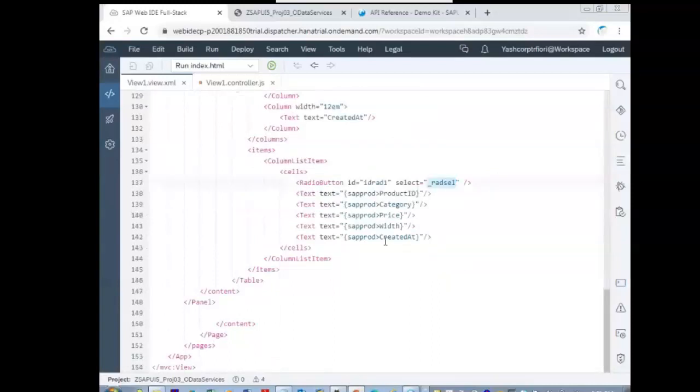Okay, those are done with this. Radio button, ID RAD1 for the ID, select underscore RAD cell.